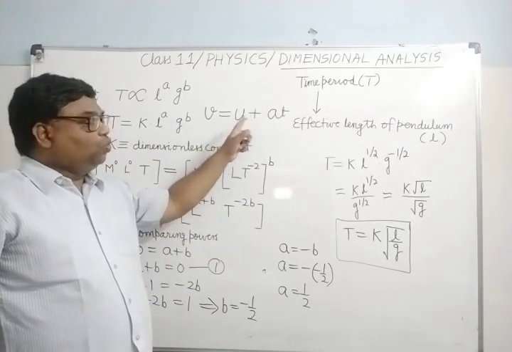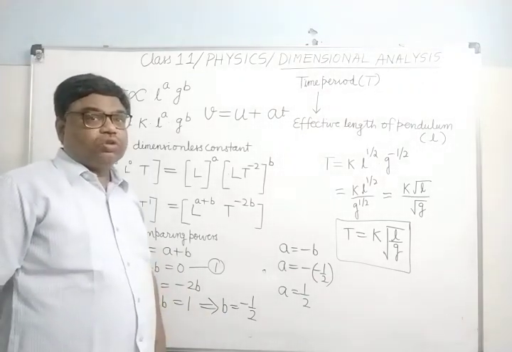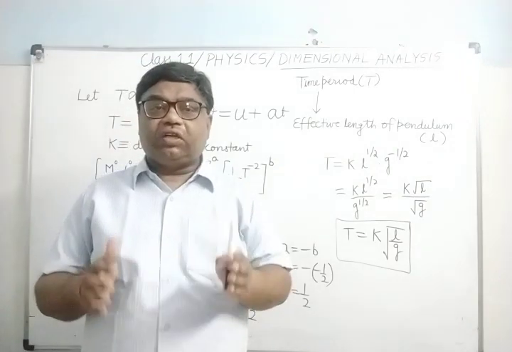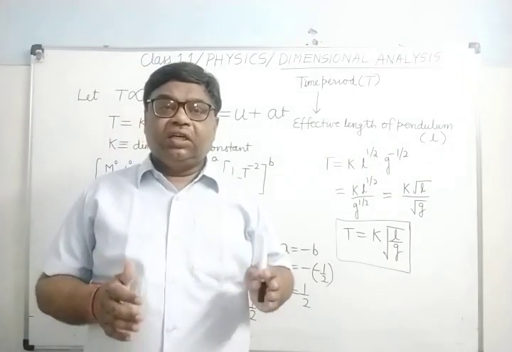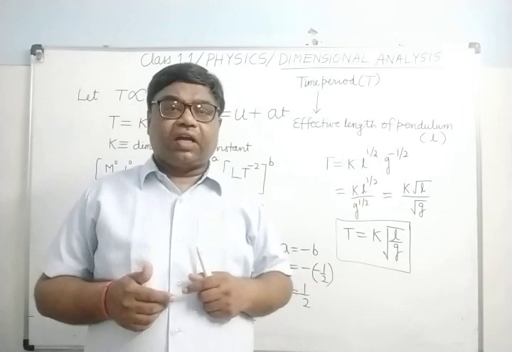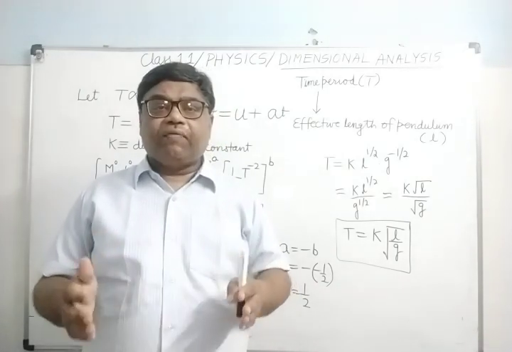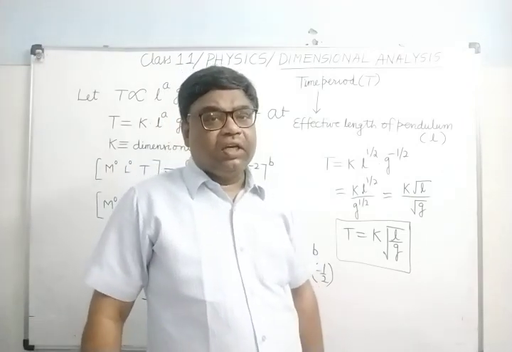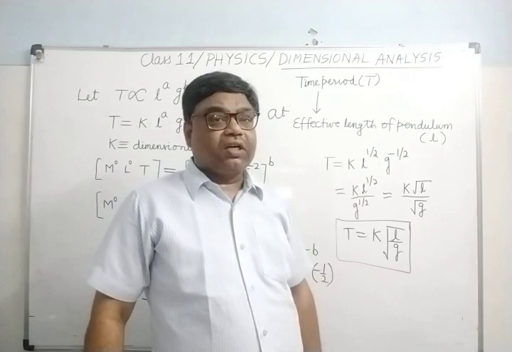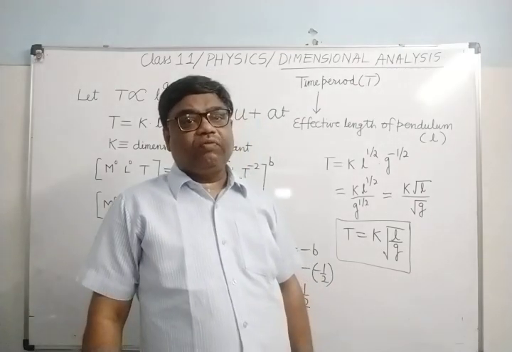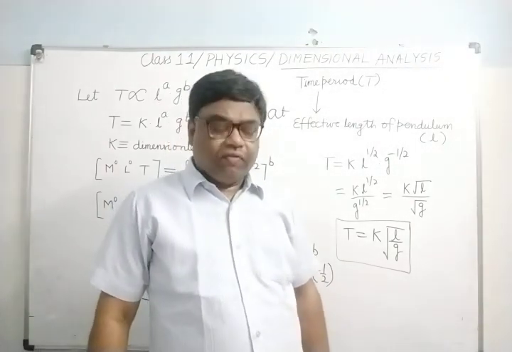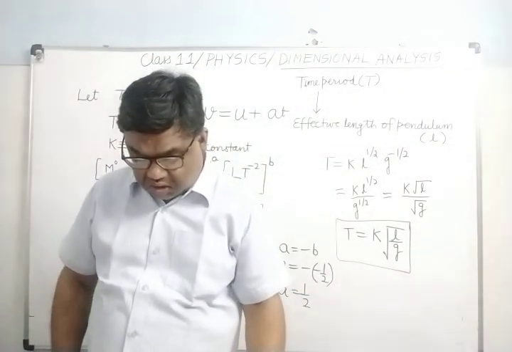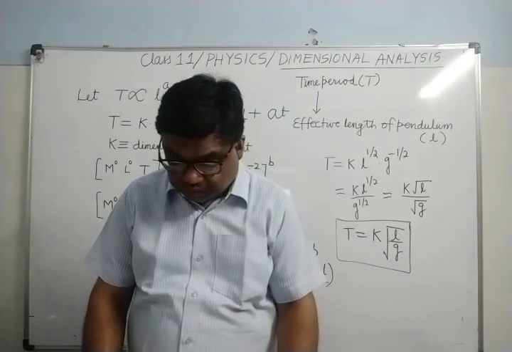So v equals u plus at, s equals ut plus half at square, where the dependence of the physical quantity s is not totally of product type. It is the sum of the product of a few terms. So if it is not of product type or quotient type, then we will not be able to derive the formula. Now I will explain it by one more question. It's clear? So you can see here.